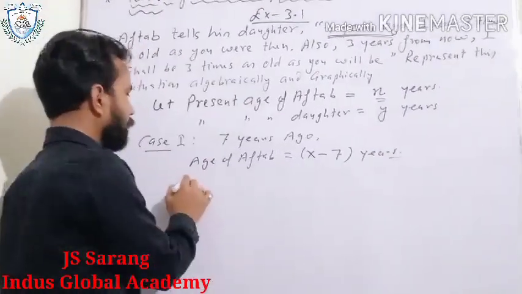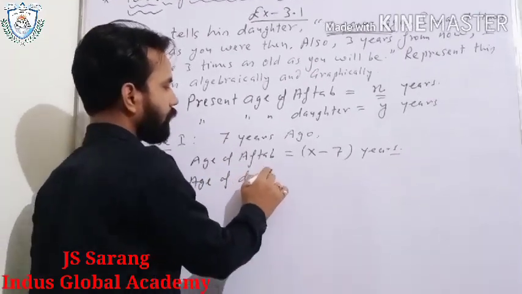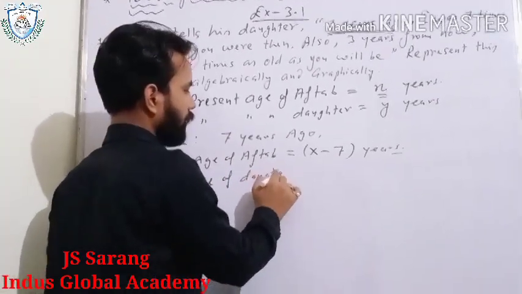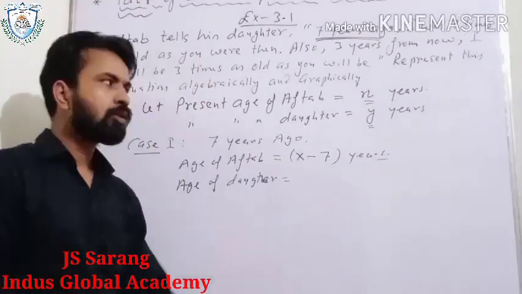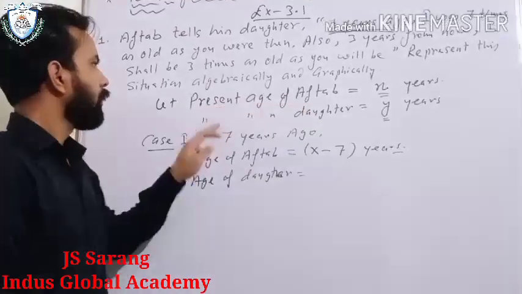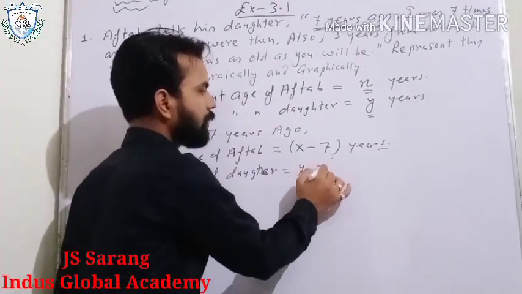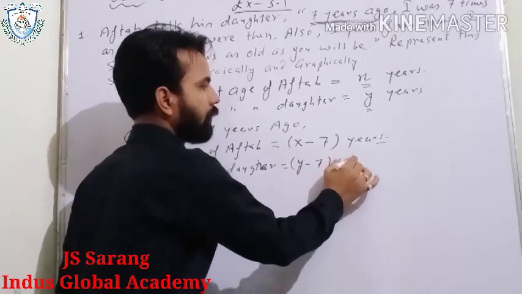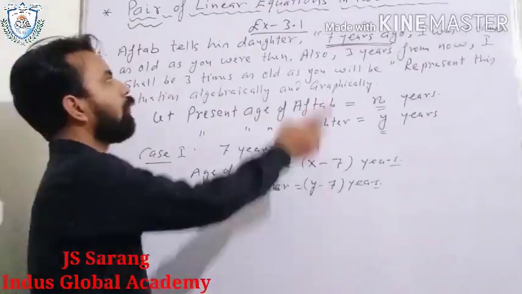Okay. Similarly, the age of the daughter. The present age of the daughter is y. So the age of the daughter 7 years ago was y minus 7 years. Understood? But according to the question,